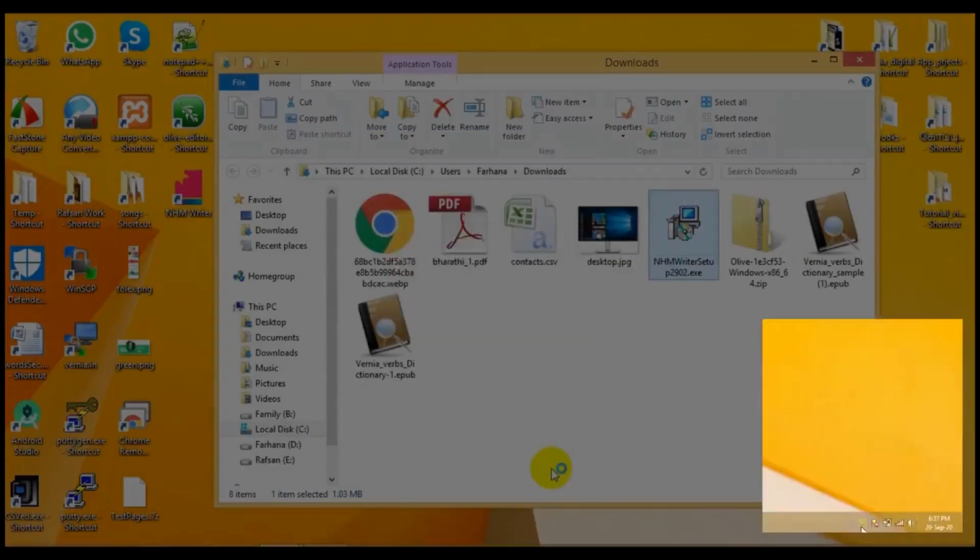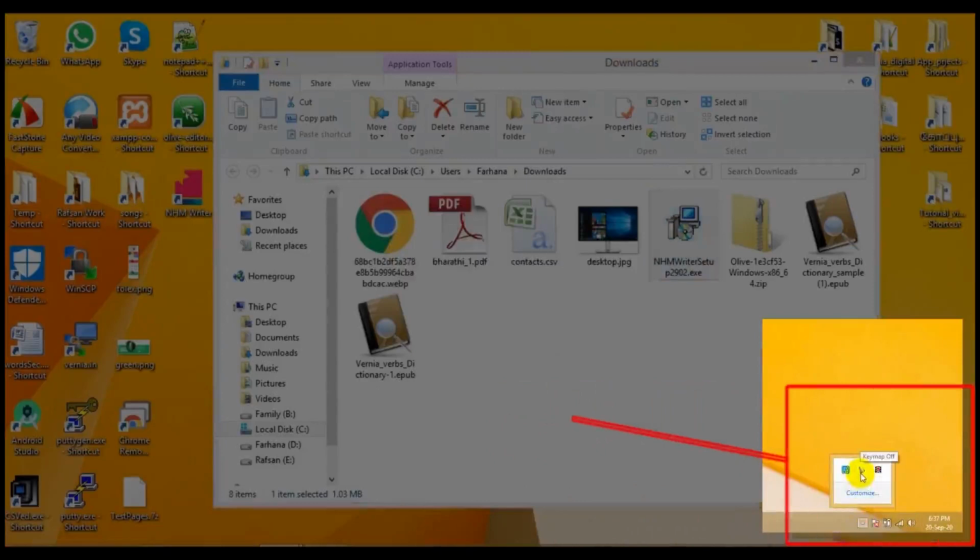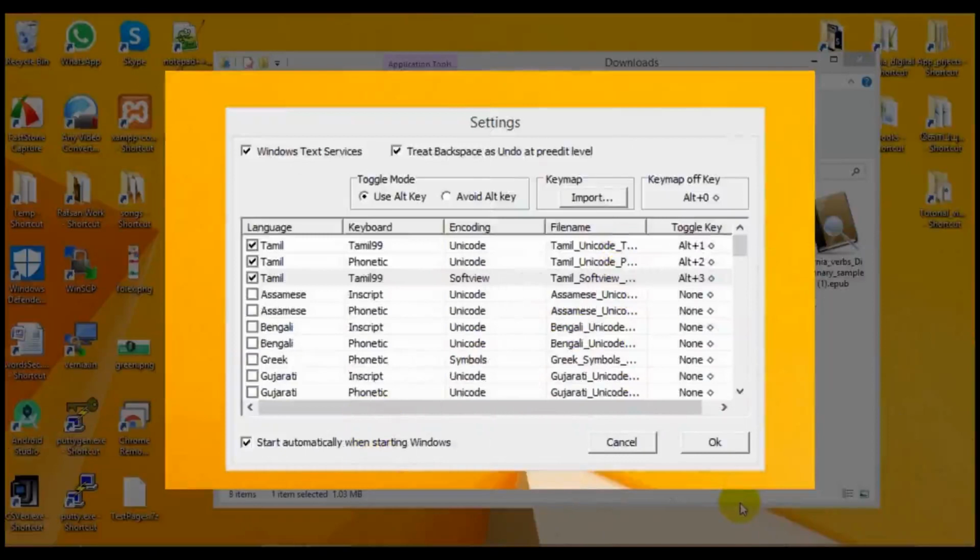After installation, you can see in the screen a bell icon at the right hand bottom corner. Right click on bell icon and click setting. In the setting window, the default language which I selected at the time of installation shows the enabled position.